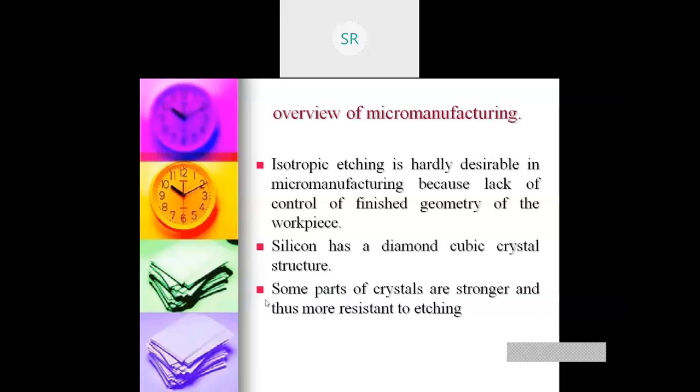For that, if you see the silicon structure, silicon has a diamond cubic crystal structure, and some parts of the crystal are stronger and thus more resistant to etching.